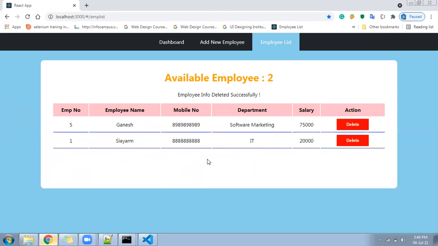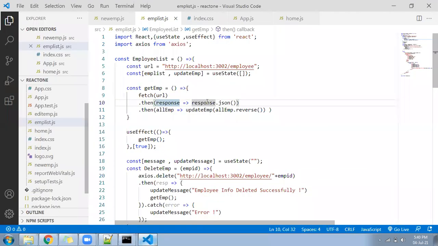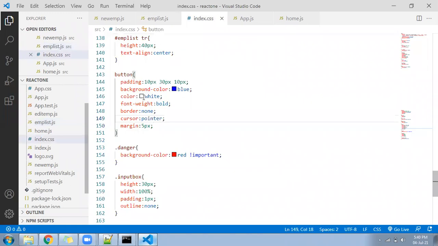So first let's go to the code now. Hope you have made the first page and second page and you have implemented till here. Come to your index.css file first, and in the button class, hope you have created a class called danger class, because when we are going to delete a record, the color combination should also explain properly.